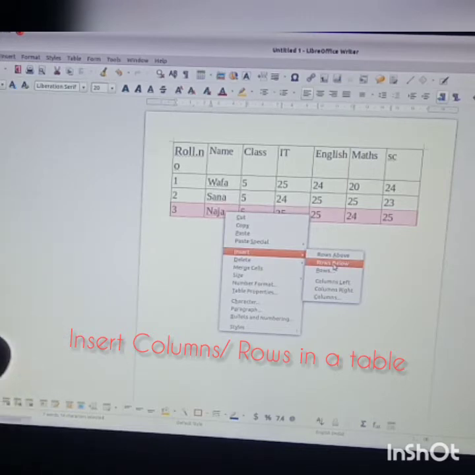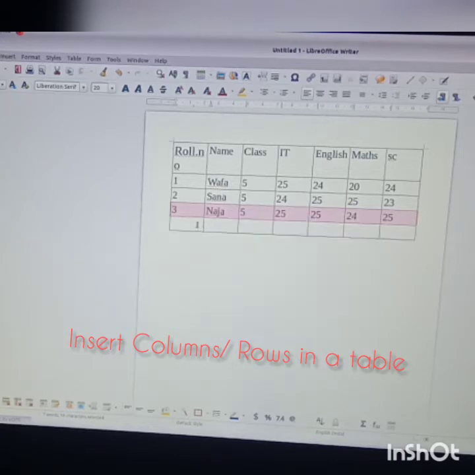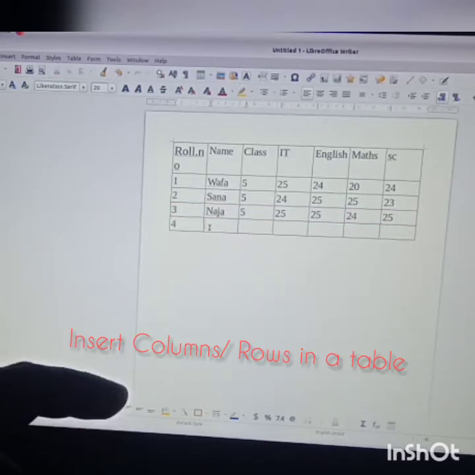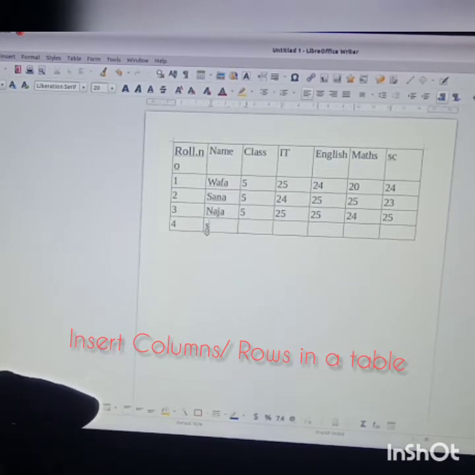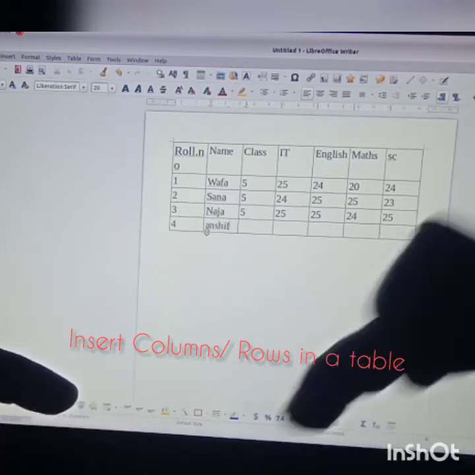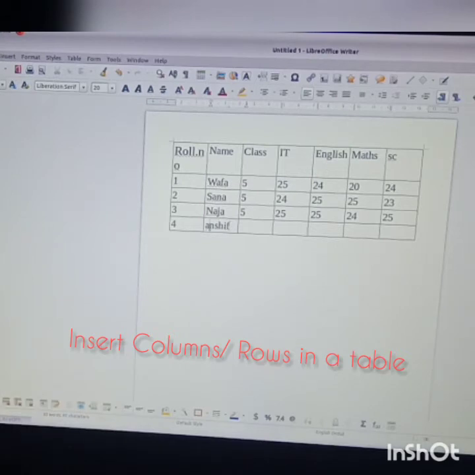Roll number 4 we want, right? So we will insert below, rows below, rows above, rows below. So we'll write rows below. So look at this children. Here one row came. One row is here. So here we will add 4, and we will add the name, first letter capital letter and shift.